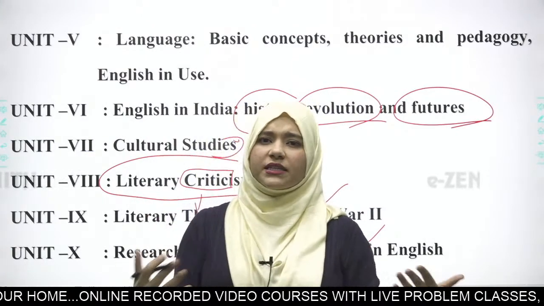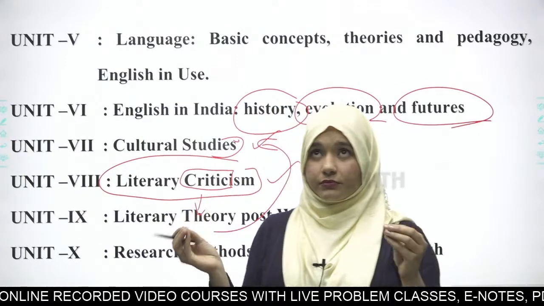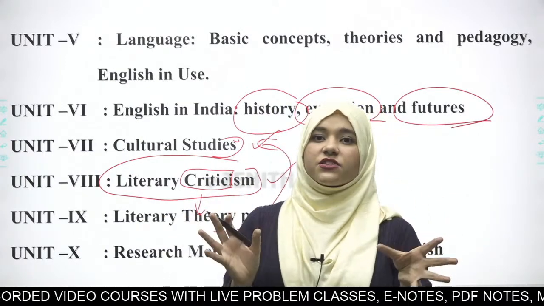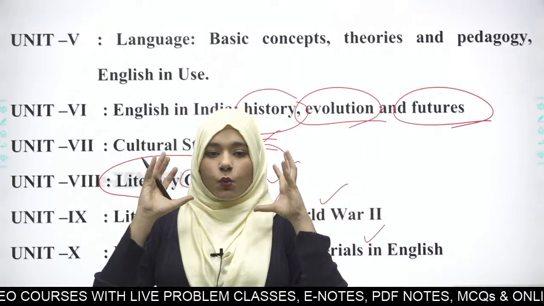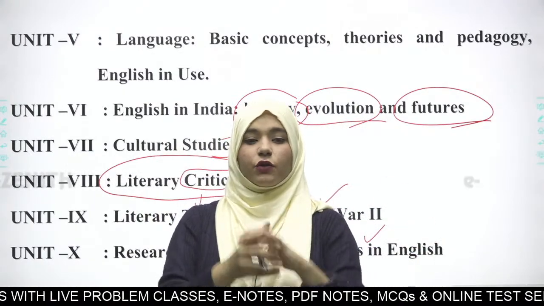Richards and all these people started coming, and these were developed slowly and gradually. So this is literary criticism basically. Literary theory and cultural studies is what? Literary theory is basically when we attempt to study literature from the point of view